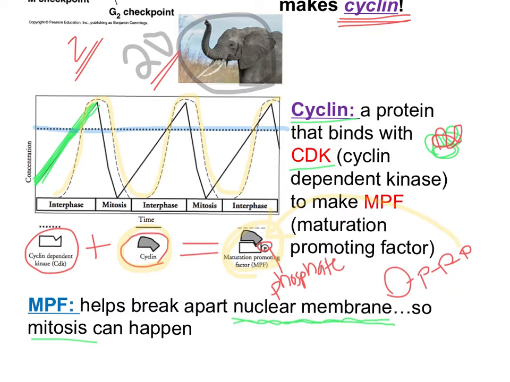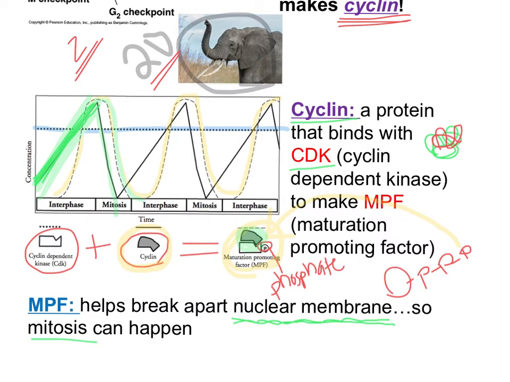So as cyclin is getting made here, the amount of MPF can increase because it has one of the ingredients needed. Then during mitosis, after the nucleus is broken, that cyclin is no longer needed, so the cell can degrade that cyclin. Well, when it's degrading the cyclin, it's degrading a piece of MPF,